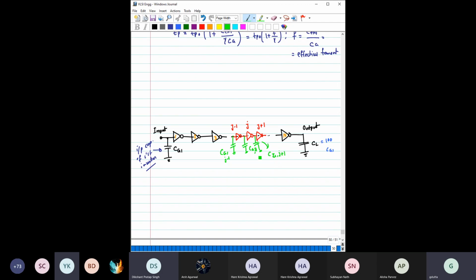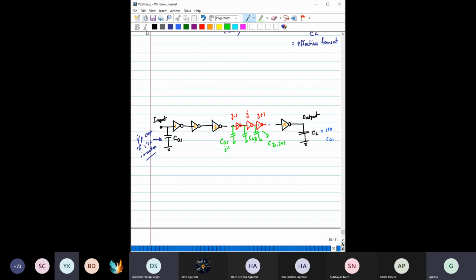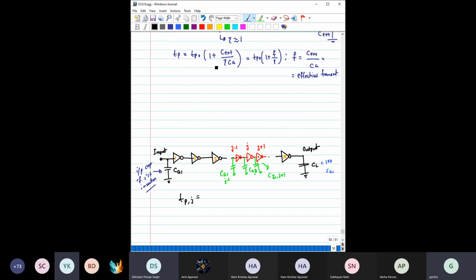Okay, so typically, if I want to write the propagation delay for any stage, say this jth stage, I can definitely use the same thing here and write the delay. So it would be equal to Tp naught into 1 plus CGJ plus 1 by gamma